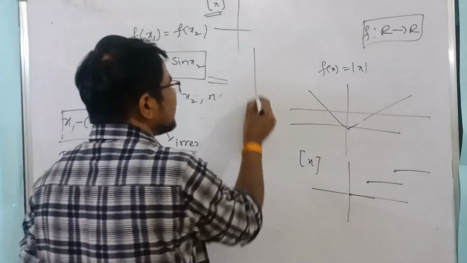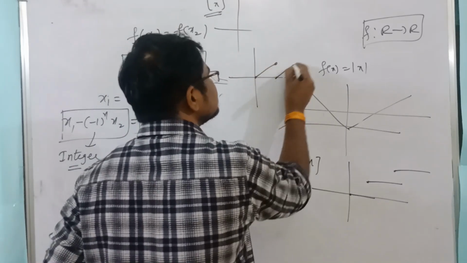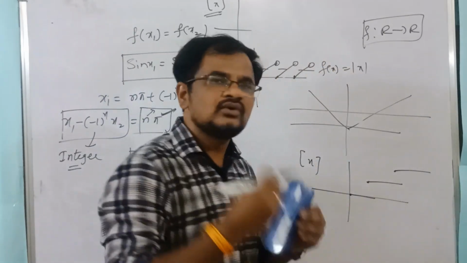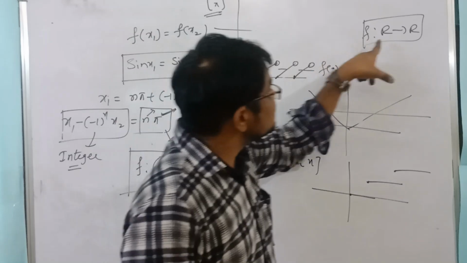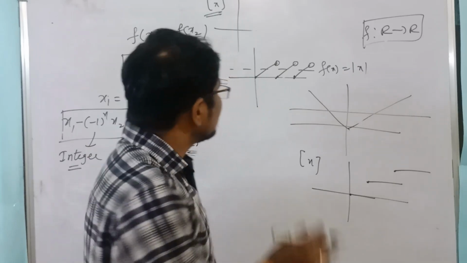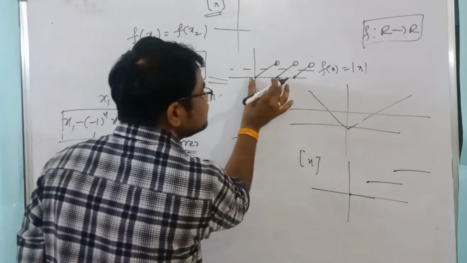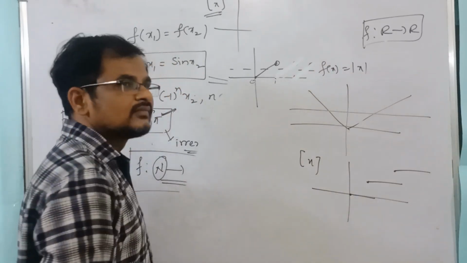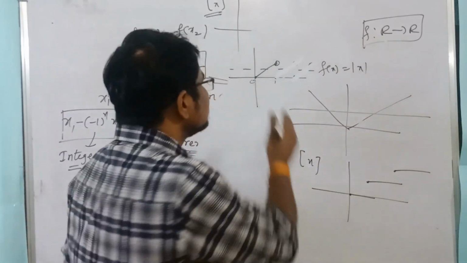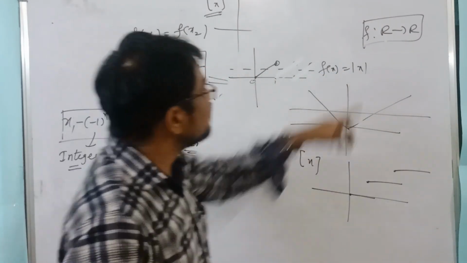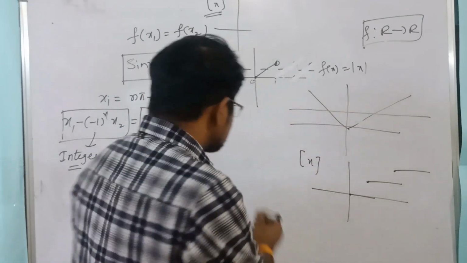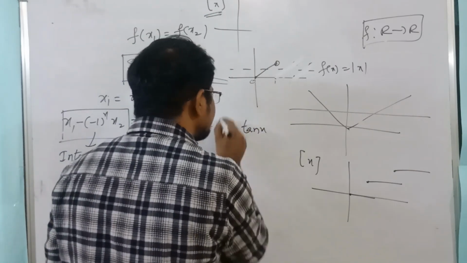Right. Now suppose you take the greatest integer function, it is also a many-to-one function whenever f is defined from R to R. Listen carefully. But if it is defined from a restricted domain, where this is not there, it is a one-one function, right? So whenever the domain is real numbers, it is a many-to-one function. But whenever the domain is the open interval 0 to 1, it is a one-one function. Similarly, suppose you take y equal to tan x.